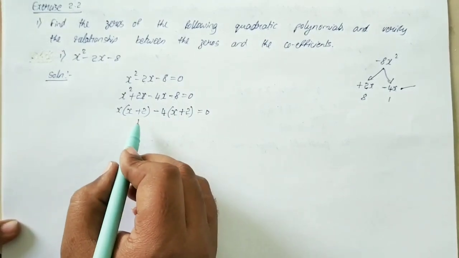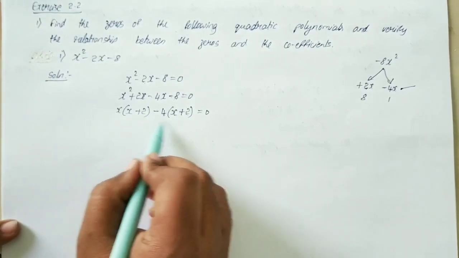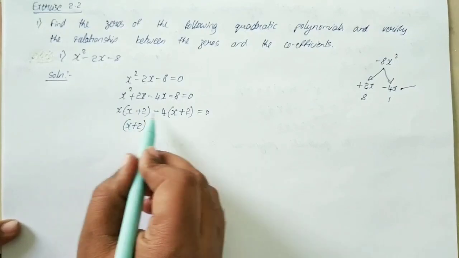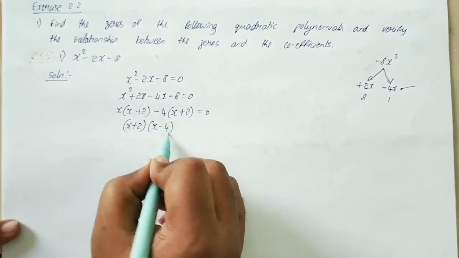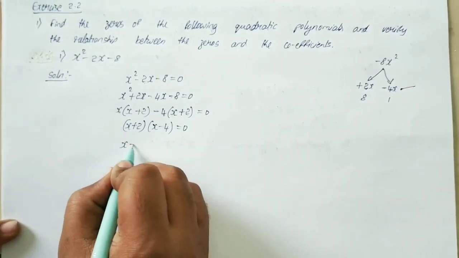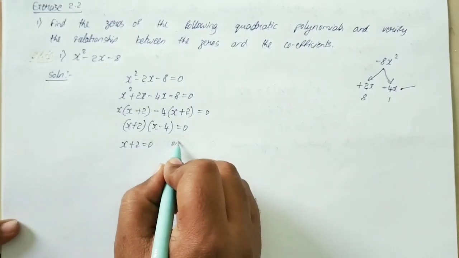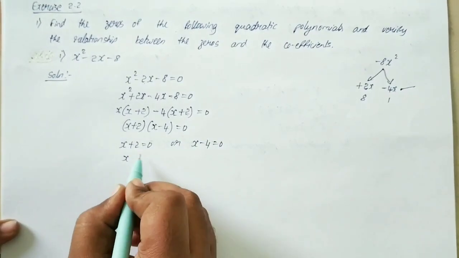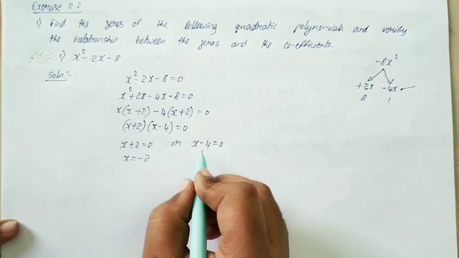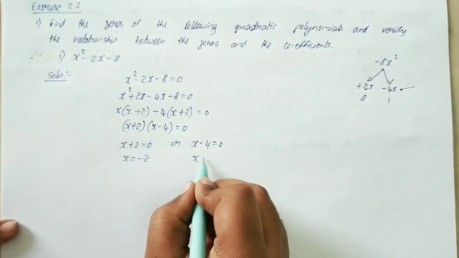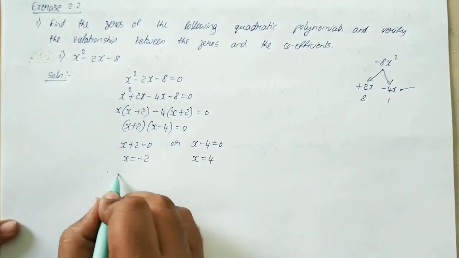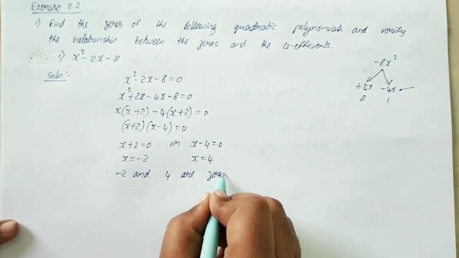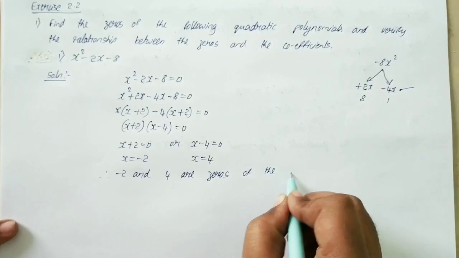What is common in this equation? x plus 2. What is remaining here? x minus 4 is equal to 0. In the next step, x plus 2 is equal to 0 or x minus 4 is equal to 0. If we take plus 2 to the RHS, it becomes minus 2. If we take minus 4 to the RHS, it becomes plus 4. Therefore minus 2 and 4 are the zeros of the